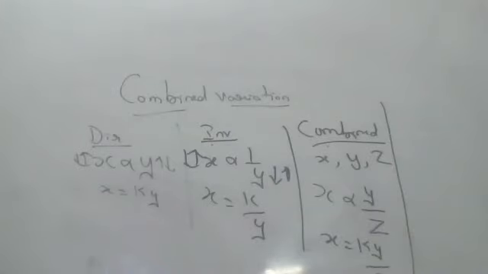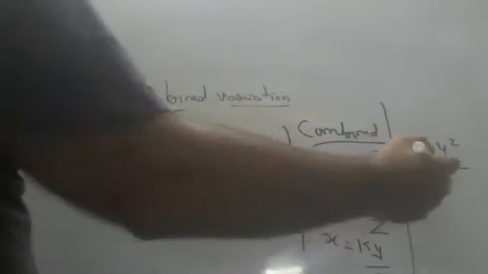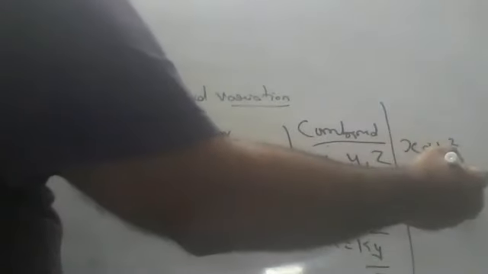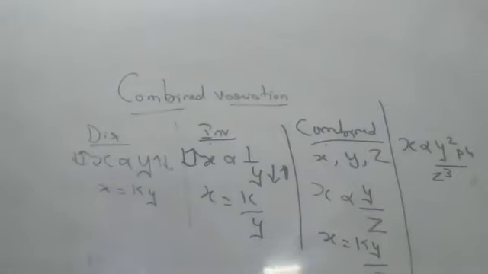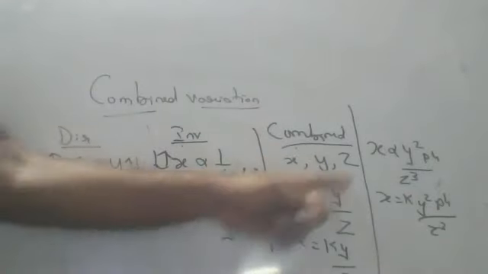Ten variables also can come, children. It's their wish. However many variables they want, that many they will give, but they have to say directly or inversely. Sometimes they will say like this also: X is directly proportional to square of Y and inversely proportional to cube of Z. And if they want one more value, inversely proportional to P to the power of 4 or directly proportional to P to the power of 4, they can say anything. Then X is equal to K Y square by P to the 4 Z cube, like this also. Combined variation, more than two variables will come. That is called combined variation.